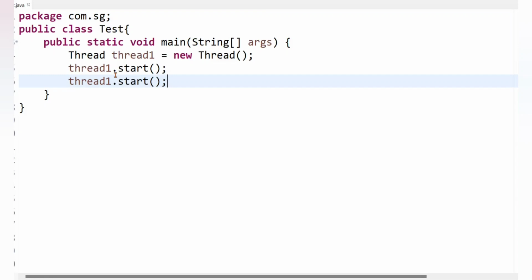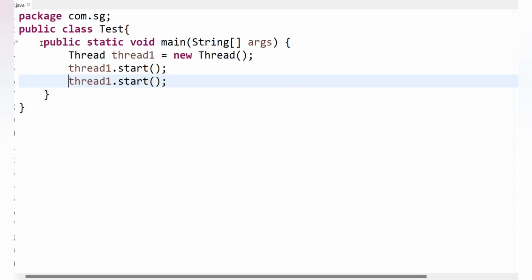If you try to call the start method on a thread that is already in the dead state, you get an IllegalThreadStateException, and therefore we cannot call the start method multiple times on the same thread object. Clear up to this? Okay.